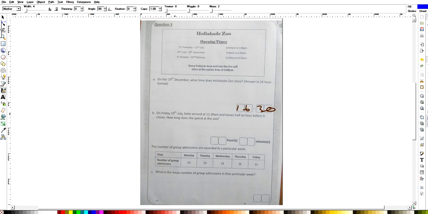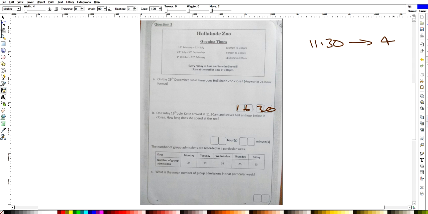Okay. On Friday 19th of July, Katie arrived at 11:30 and leaves half an hour before it closes. How long does she spend at the zoo? So 19th of July, which one is 19th of July? It's going to be the first one, isn't it? Yeah? So what time does the zoo close? 5 o'clock. And she left half an hour before it closes, so she arrived at 11:30